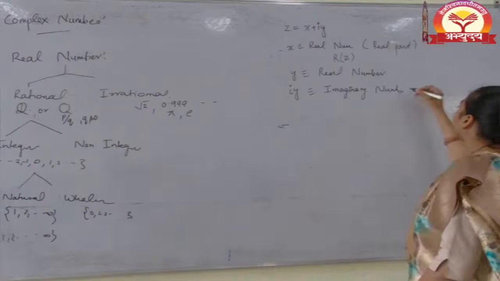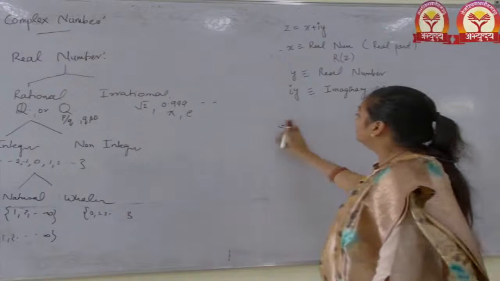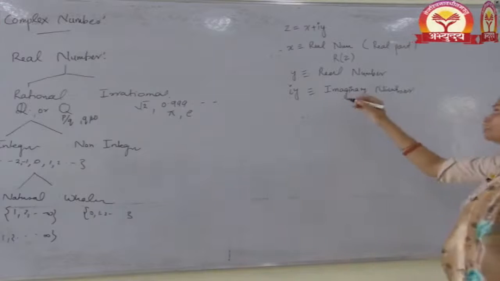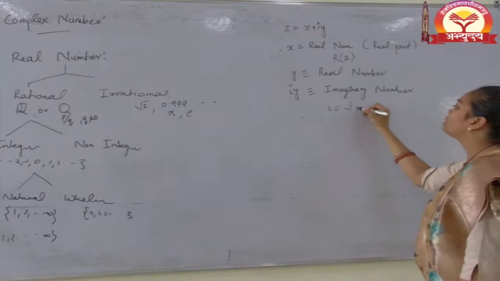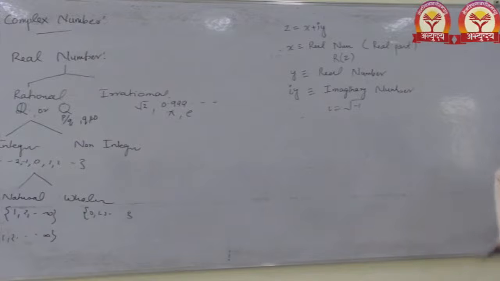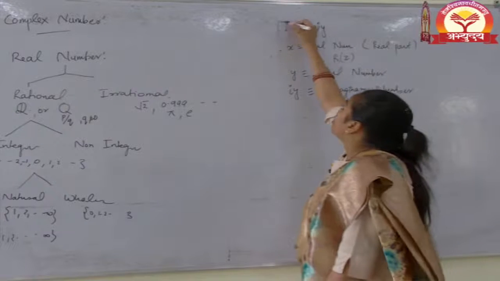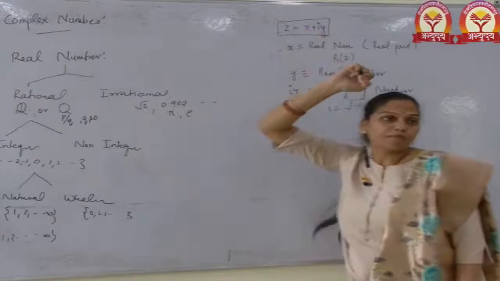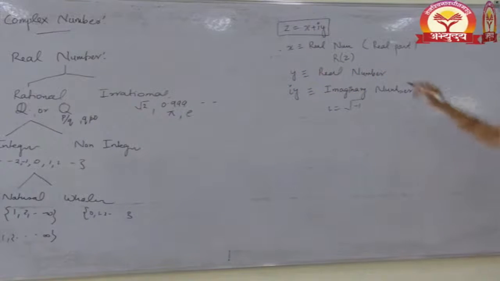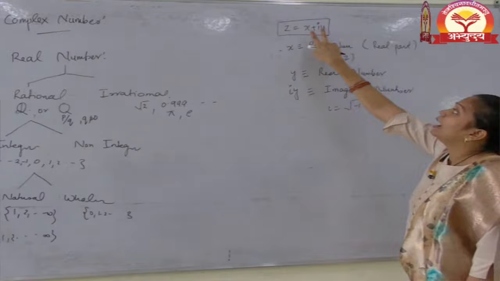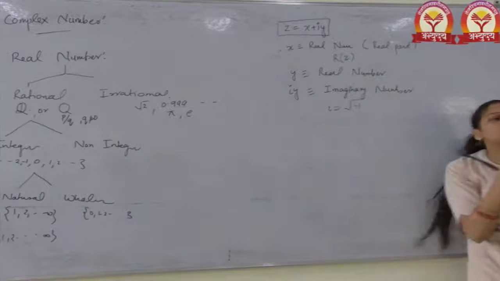Imaginary number. I already defined that the value of this is minus 1 only. So this one is what? Complex number. All okay? This one is a complex number, and generally जब हम किसी term को use करते हैं,